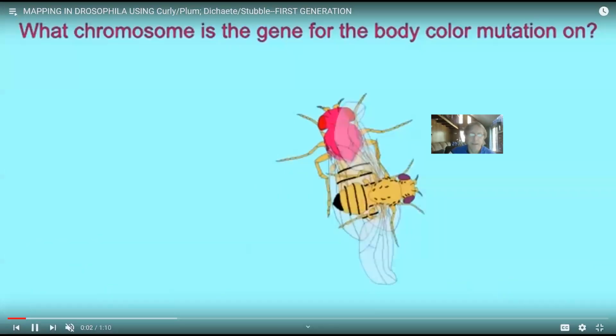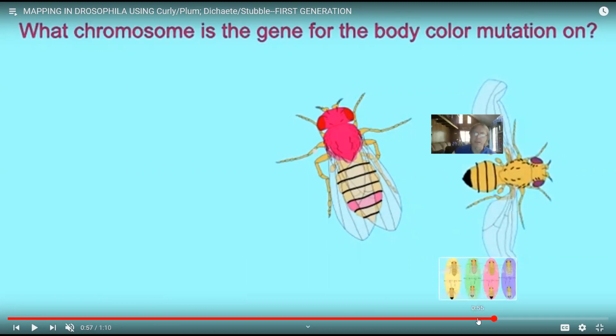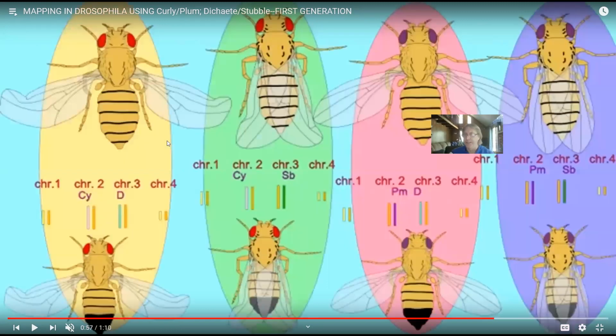So imagine you've got a pink fly and you want to know where's the gene that causes this pink fly. So you mate a female with a mutation to a fly which is curly plum dichaete and stubble, all right? And then you look at the offspring. Now, once again, I go through this in much greater detail here, but you have different kinds of offspring. And unless the gene is sex-linked, and I'll get to that in a second, if you're going to mate